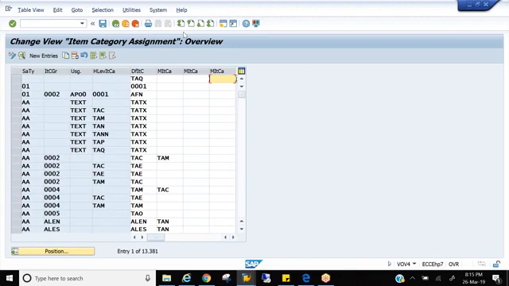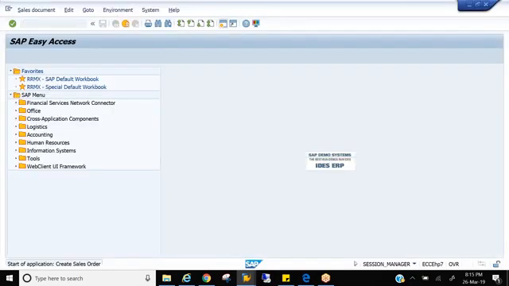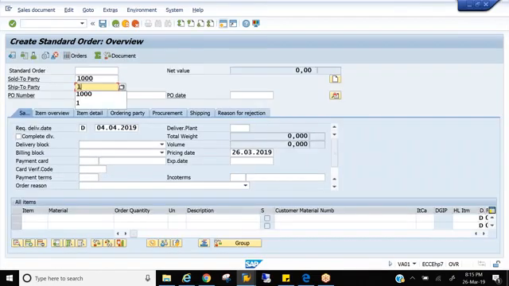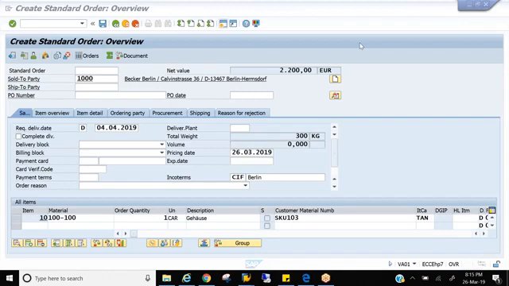If I create a sales order, for this particular item the system has by default taken TAN, but this material is not available. I want to procure it from the vendor. So what should I do? The user should be in a position to change from TAN to TAS. TAS is a third party item, so that the system can immediately pick up a purchase order and send it to the vendor.